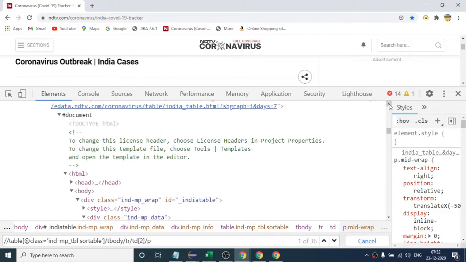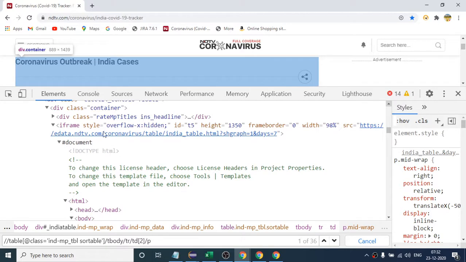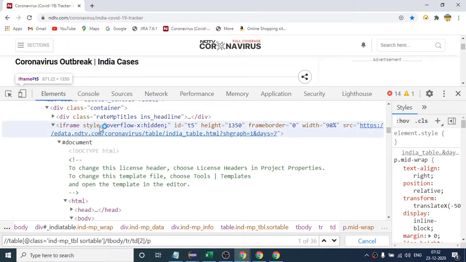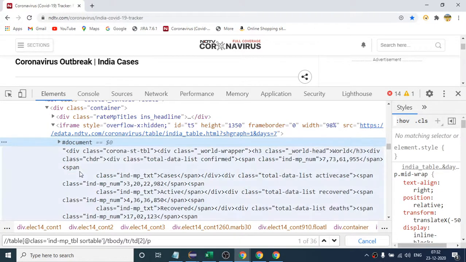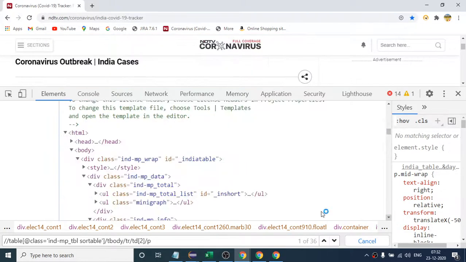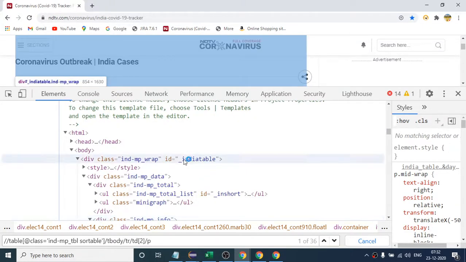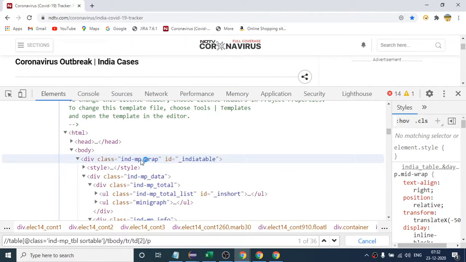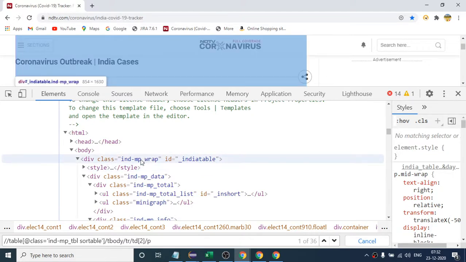This entire table is actually present inside this iframe, right? So you can see here how it is present. If I come again from this one, this is highlighting the entire table.